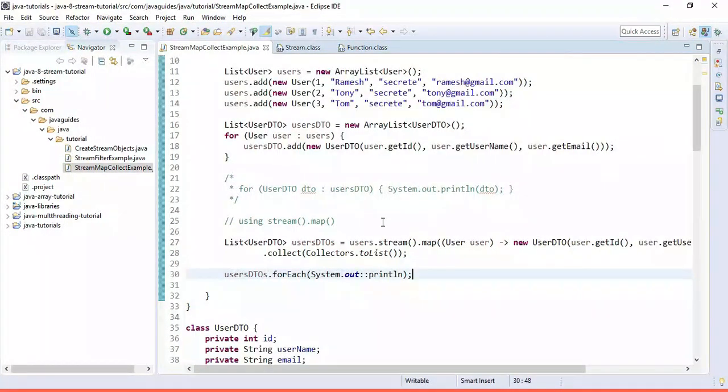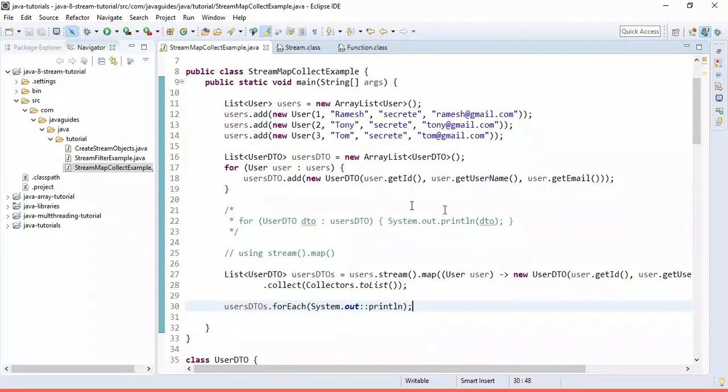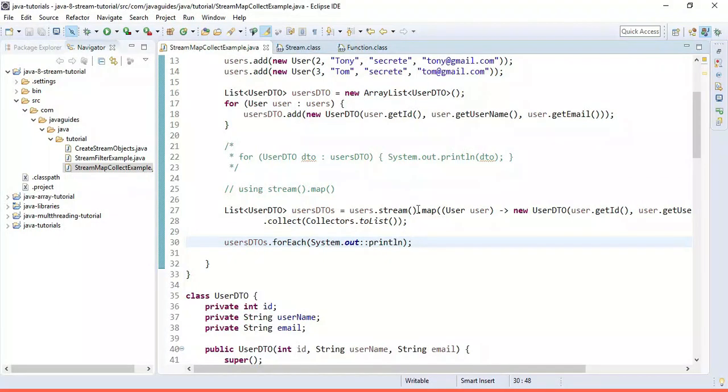So this is how we can use the Stream.map method to map one object into another object, and it's very useful in this case. And this is the real world scenario we typically use in Java projects or